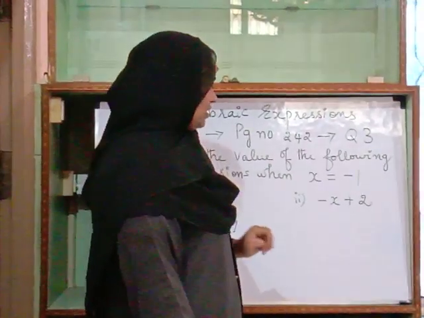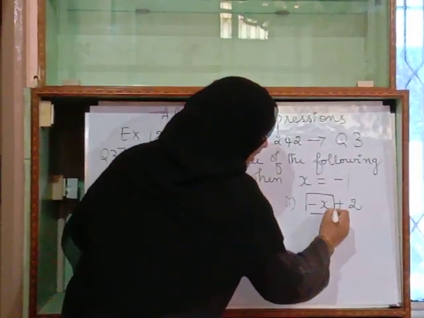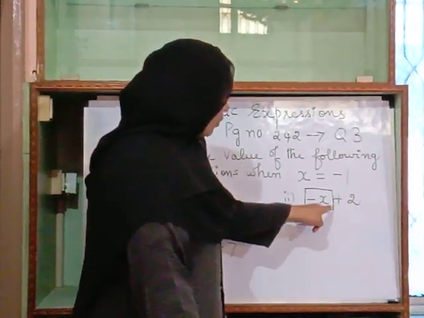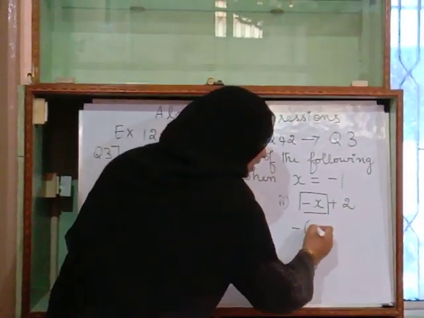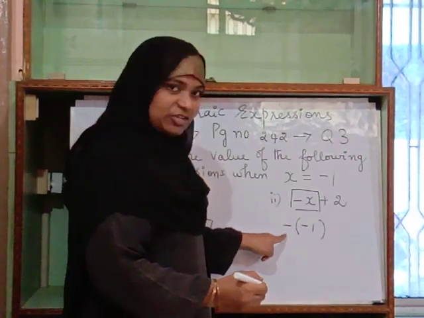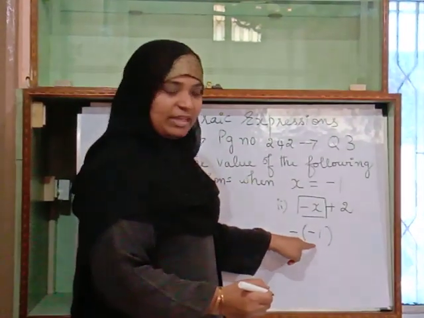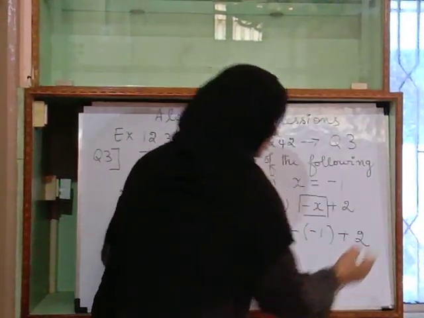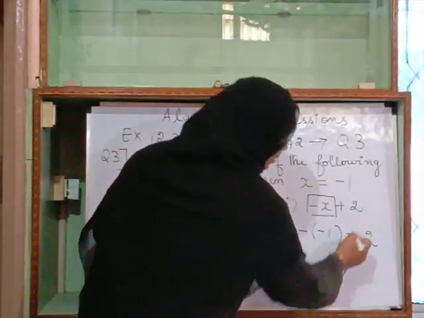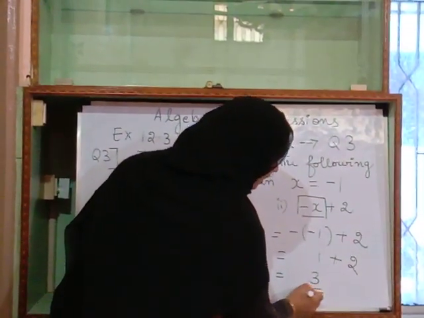Now second question is minus x plus 2. So here, be very careful. Minus x meaning, already we have the minus of the question. The value of x is given to be minus 1. So you have two minuses here. I say again, one minus is of the question given. The value of x is given as minus 1. So you put this in brackets. Now, plus 2. So, minus into minus gives you plus, it's 1, right? Again plus 2. So, our answer is 1 plus 2 gives you simply 3.